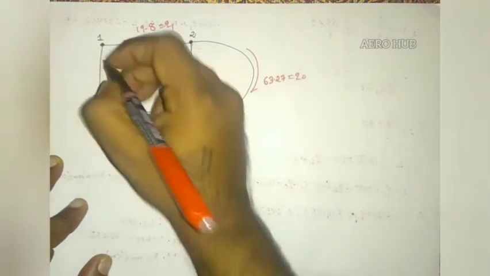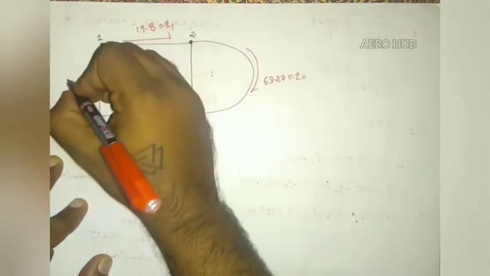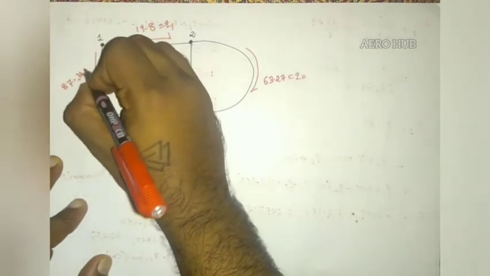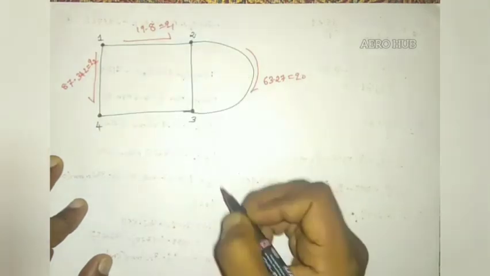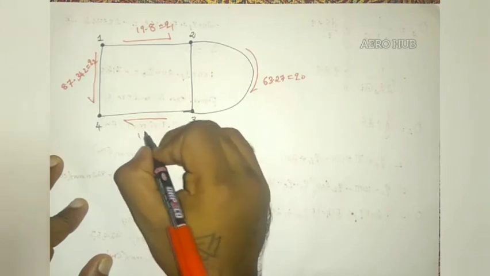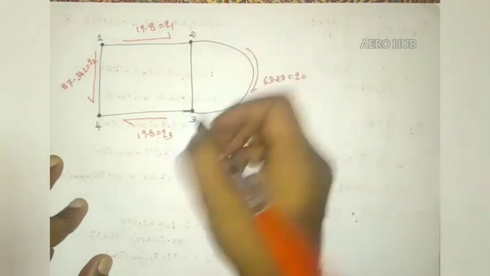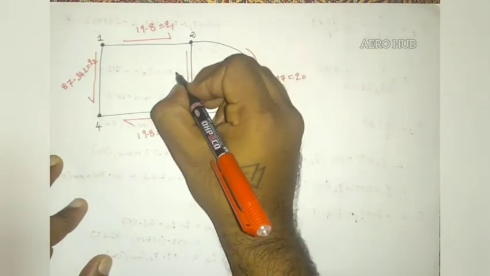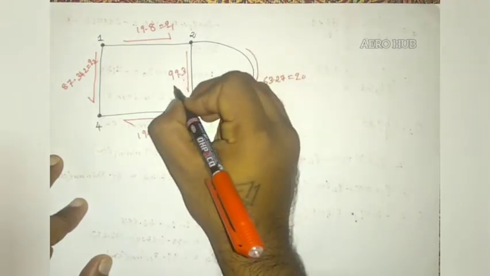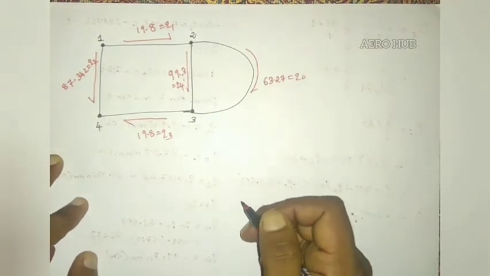Okay, so that will be in this direction, same positive, that is 87.342, that is equal to Q2. Okay, and Q3 is same as Q1 in clockwise direction, and Q4 will be again clockwise direction, that is 99.3. This is Q4. Okay, now we have to find out the value of shear center of the section.